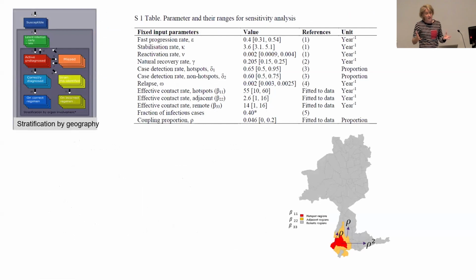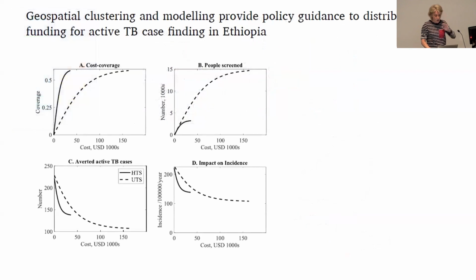This is where it gets exciting as far as I'm concerned, because this is where you can say, well, what if you improved case detection in those hotspots compared with improving case detection in the cold spots? Surely it's going to make a lot more impact. Certainly in the hotspots it is. Is it also going to impact the cold spots because there's this coupling and so forth? So then you can look at optimizing public health interventions. So how do you optimize public health interventions